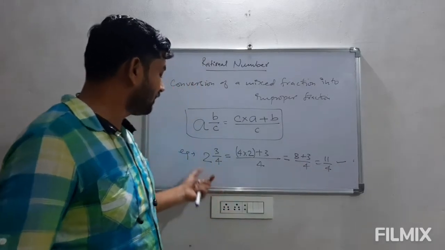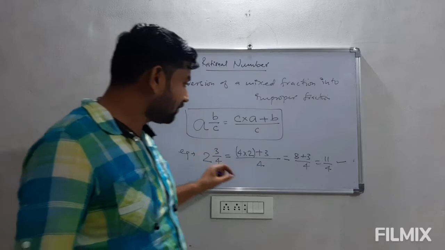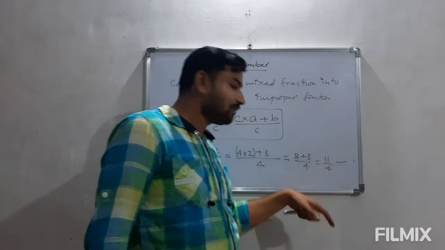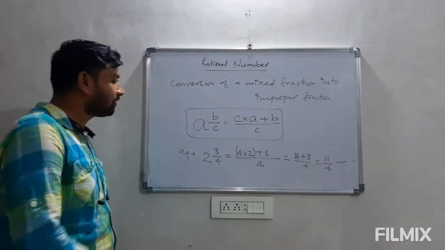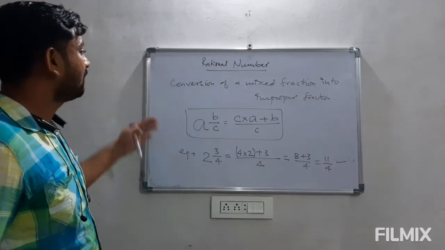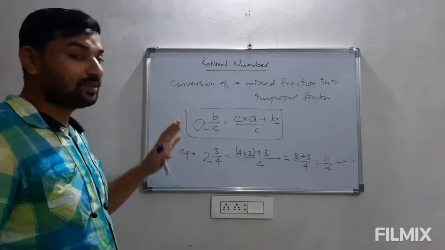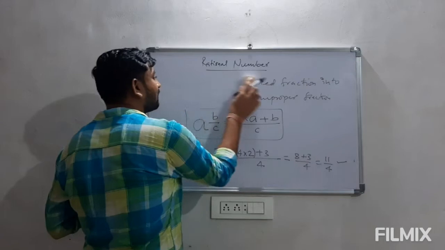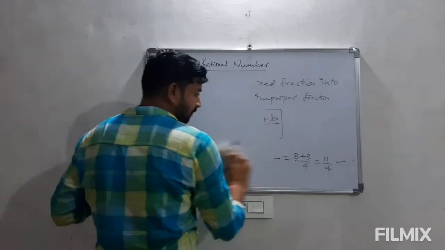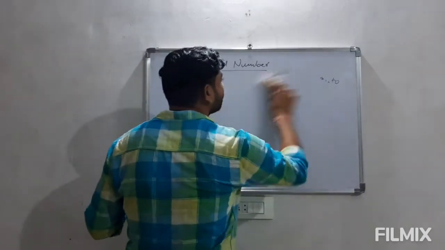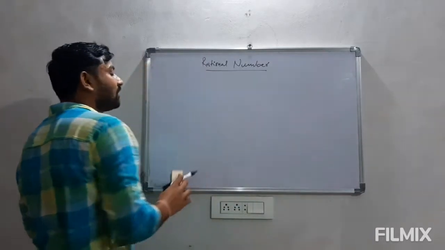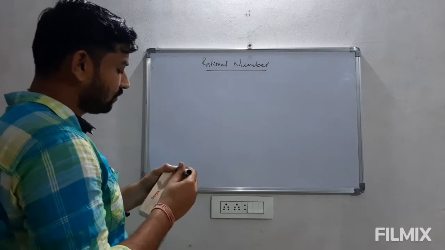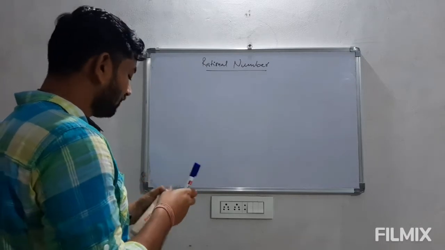So wherever a mixed fraction is given, we have to first convert it into improper form, then we have to proceed further. So this is the basic that I just wanted to tell you about fractions, so that we can move to our topic, that is rational numbers. The reason why I discussed fractions before starting rational numbers is really important. So now let us come to the definition of rational number first.